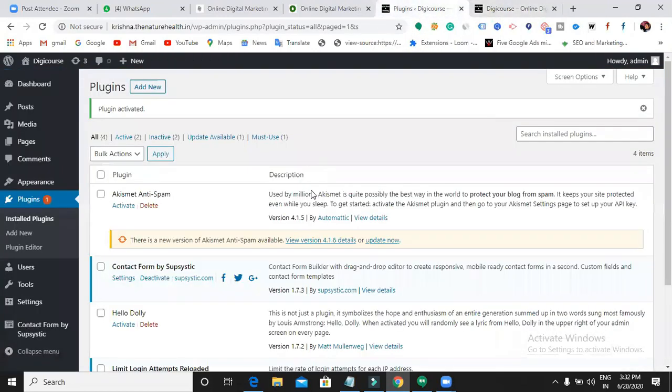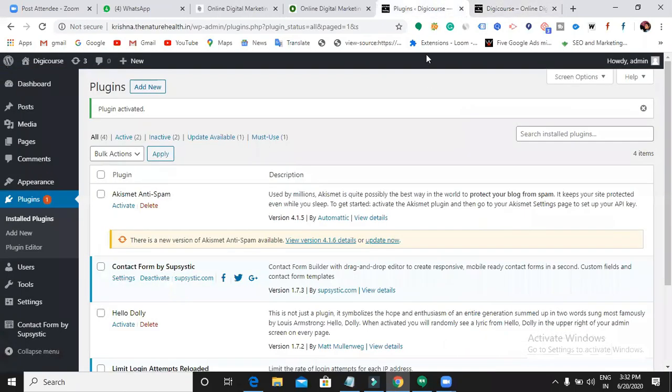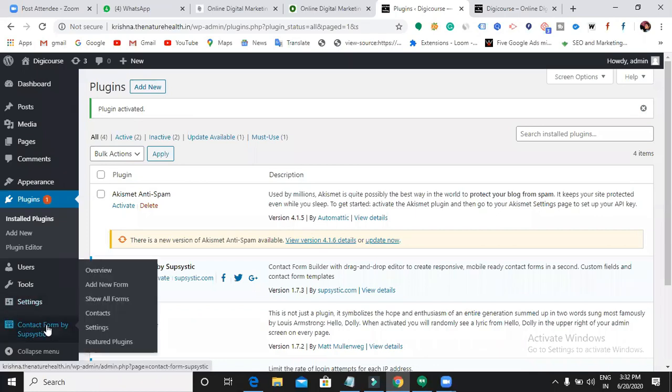See, now we just installed the plugin. We haven't created any contact form. Got it? This is a contact form which I have created. Now you need to create a contact form like this, right? So first of all, create a contact form. That's it. Let us get back to the dashboard. And where is the contact form? Can you see here? Once I install the plugin, it will be situated in the left sidebar. That means you can use it anytime, whenever you want. Okay, overview. Let me add a new form now. So now we need to create a new form, right?